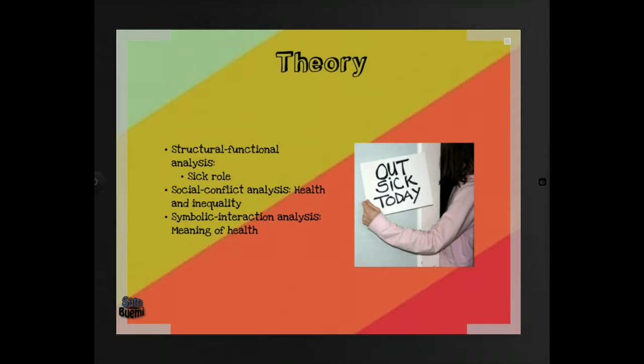The conflict theorists look at those that live longer than others. There's a clear distinction: those that live long tend to have higher incomes in this country than those that don't. The interactionist might see it as a meaning of health. What does it mean to be healthy? Do you have to live to 100? Is it living to 60, but you live a vibrant life? So they're going to start to apply these meanings, these labels, these symbolic ideas to health. And we might not necessarily look at health as one being of capitalism or inequality or equality, and we might not look to see how things operate or not operate, but we might just look at meanings, symbols.